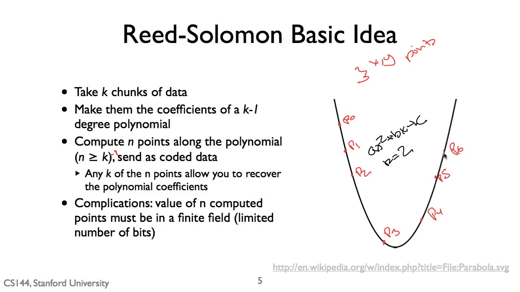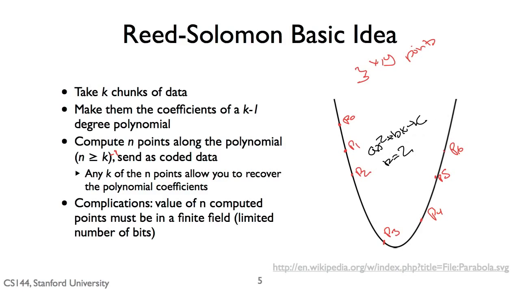Now it turns out that with any of these 3 points, with P1, P5, and P6, or with P4, P1, and P3, if you know this is a parabola, you can determine what a, b, and c are. So that's the basic math. I compute points along a polynomial whose coefficients are the original data. And then if I'm able to recover enough of those points of the polynomial, I can reconstitute what those coefficients